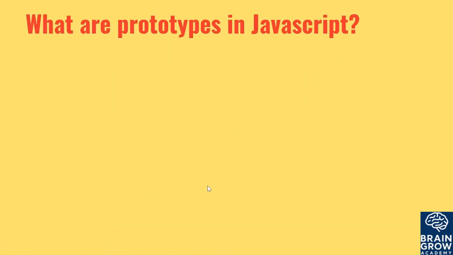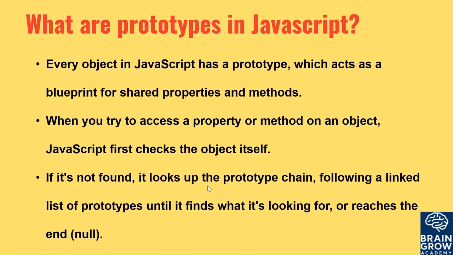And after that, what are prototypes in JavaScript? We discussed this briefly in the functions section. Every object in JavaScript has a prototype. So when you try to access a property or method on an object, JavaScript first checks the object itself. So let us